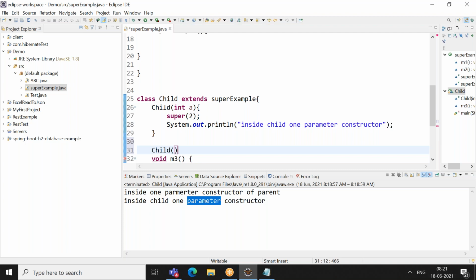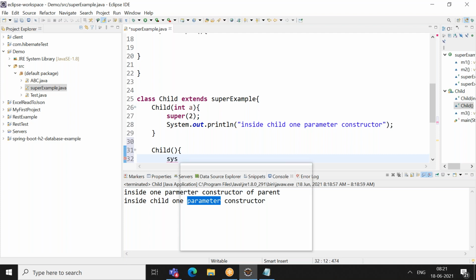I'll have a zero parameter constructor here, writing "inside zero parameter constructor of child."